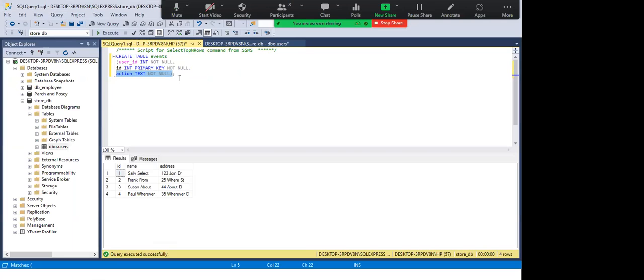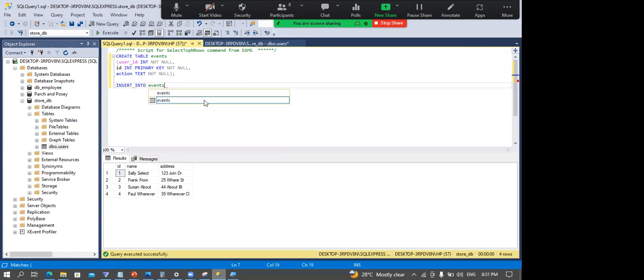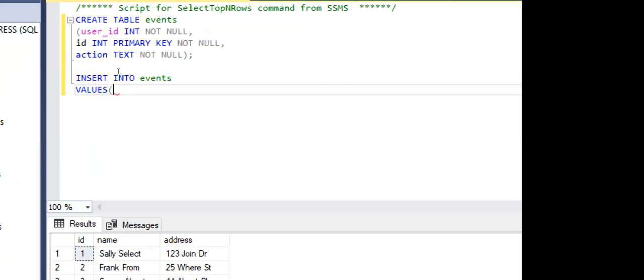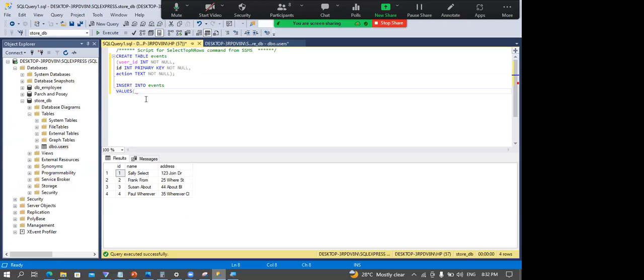So now we could just insert into this table, right? So insert into the events table, right? The following values. So for the first row, you put the IDs you want to put here, right? So I could just play around, just put random values. I could say 1, for example,